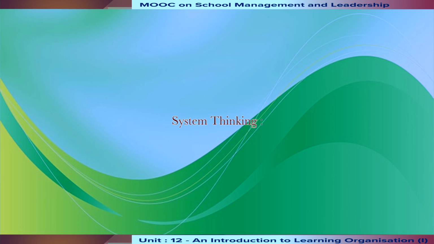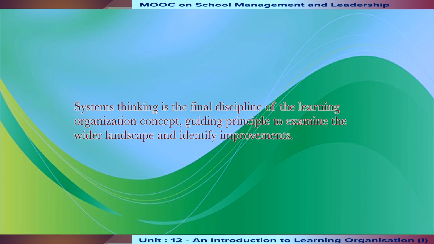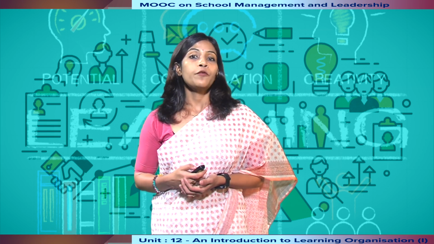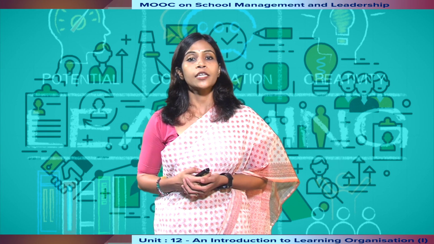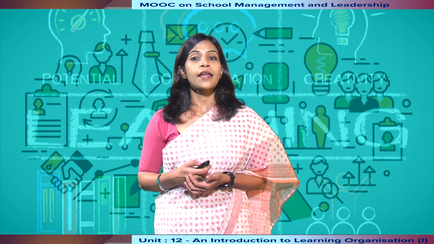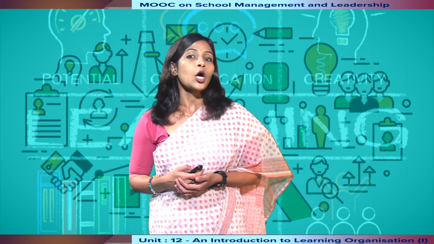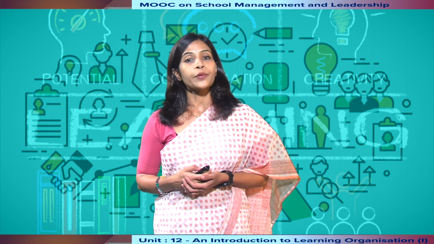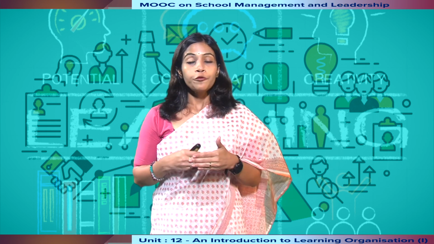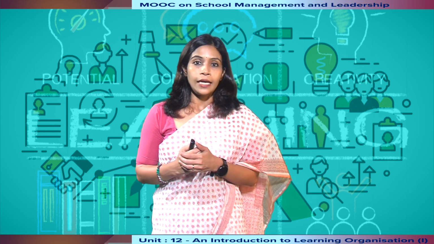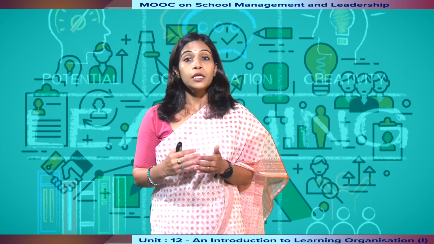So another characteristic is systems thinking. Systems thinking is the final discipline of the learning organization concept. It emphasizes collective intelligence, commitment to learning, and the possibility of mistakes. It requires listening to ideas and understanding that there are no bad ones, as one unorthodox idea may lead to a great one. And if we work by uniting as a team, then definitely an organization will be able to grow,